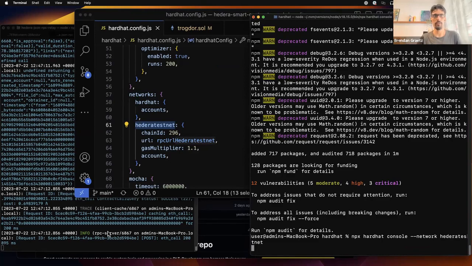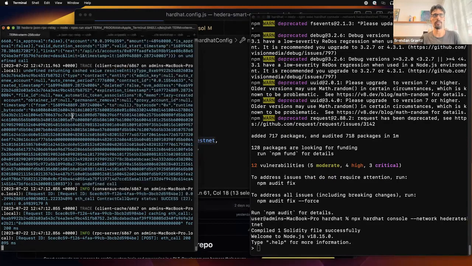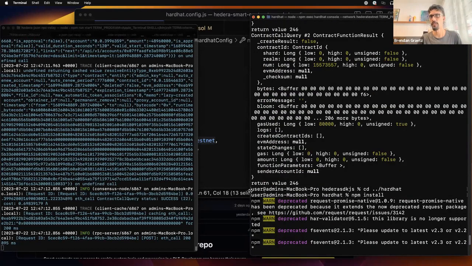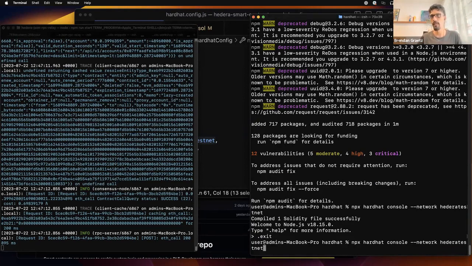So this actually will connect to the Hedera testnet network, and you'll see that in the background, this thing will start churning through some output as and when I interact with it. You'll also notice that previously, when I was using the shell, that's what its prompt looked like. Now my prompt is this instead. This is one of the things that signal that you're within the REPL. You can do .exit to exit it at any point in time, but we're just going to